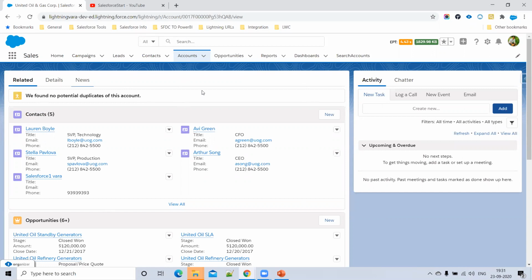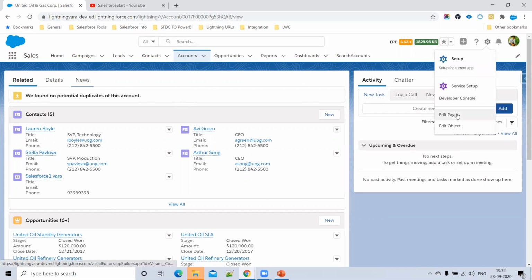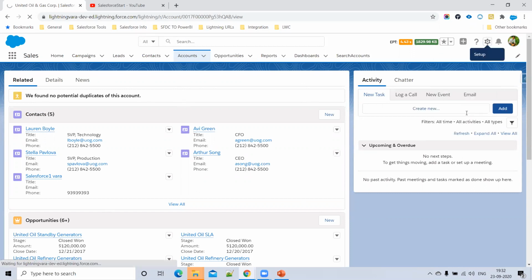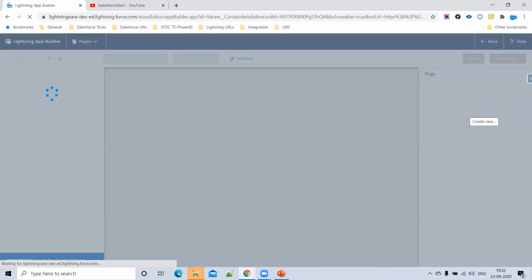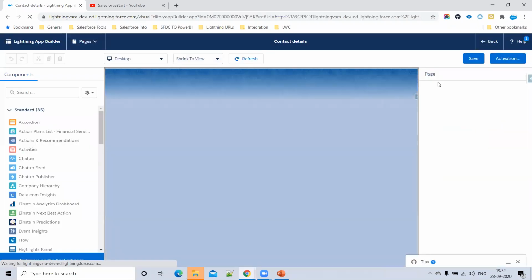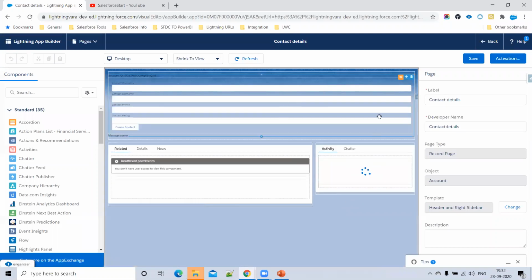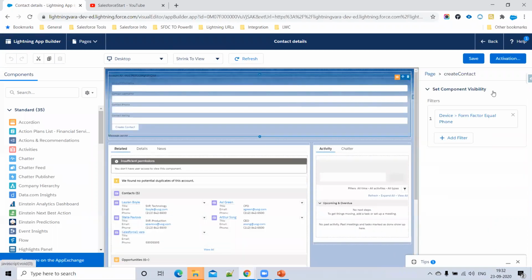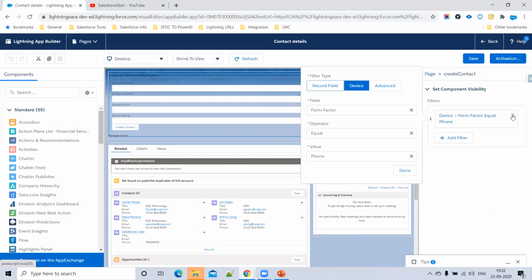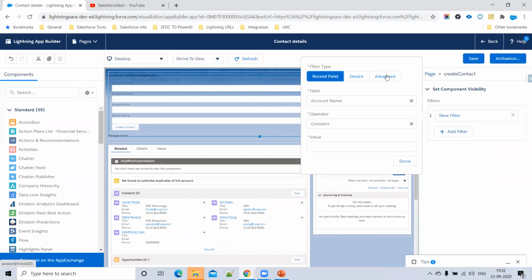Even if you want to display this component based on some permissions or user profile, that is also possible. In that case, we can go for advanced conditions. So there are three ways we can hide or show the Lightning component in the record page based on the Set Component Visibility feature. Same way, click add filter, click advanced.